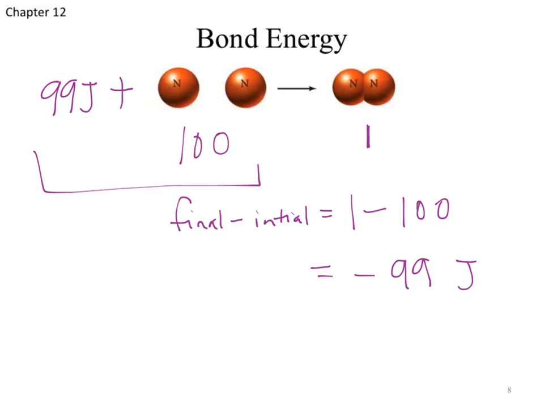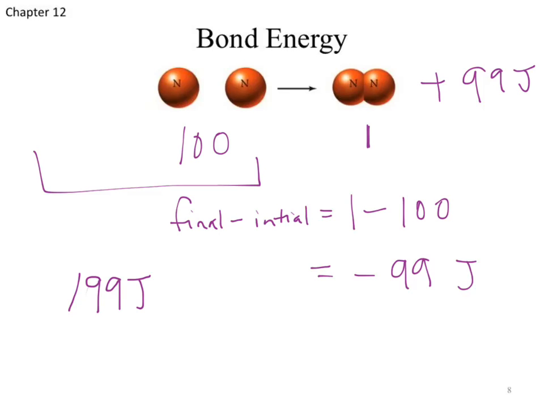What's the energy on my reactant side now? 100 and, whoops, that's not a 9. 199 is my initial. So now I do 1 minus 199. That's not really a good number. That's saying we lost even more energy. Remember, in the course of a reaction, conservation of energy, the energy must come out to be 0, which means if we lose energy, really what we're saying is that our energy was a product.